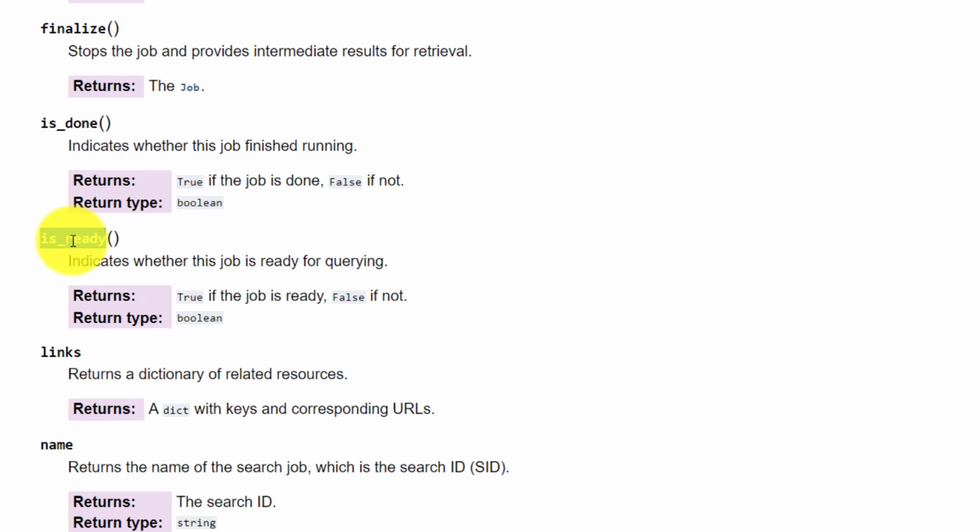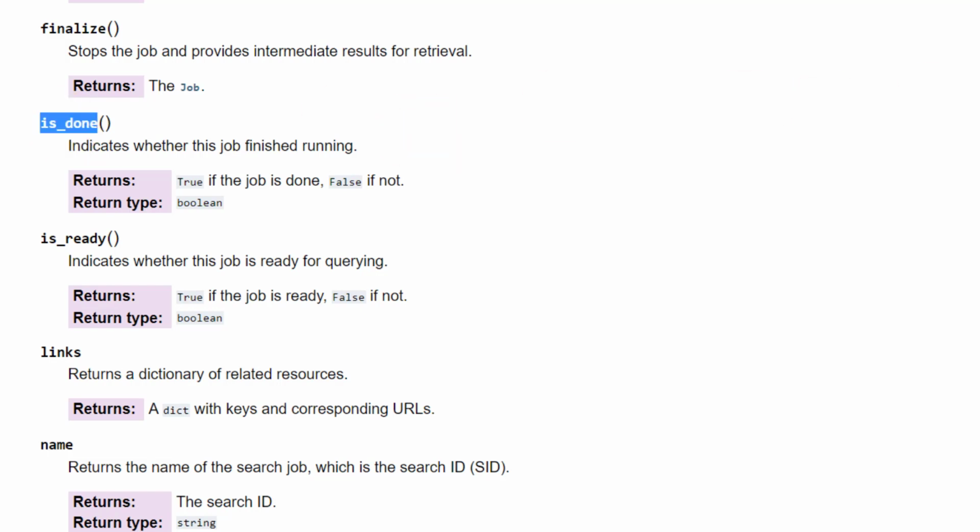It basically indicates whether the job is ready for queuing or not. Once it is put in a queue, then it is running. And very interesting, there is a method called is done as well, which indicates whether the job is finished or not. So either you can go with that payload key, or we can check with this particular method as well.